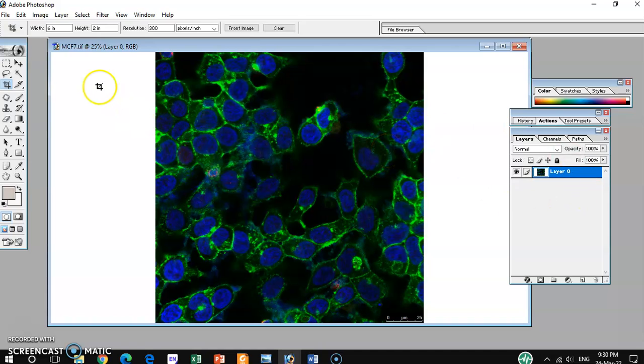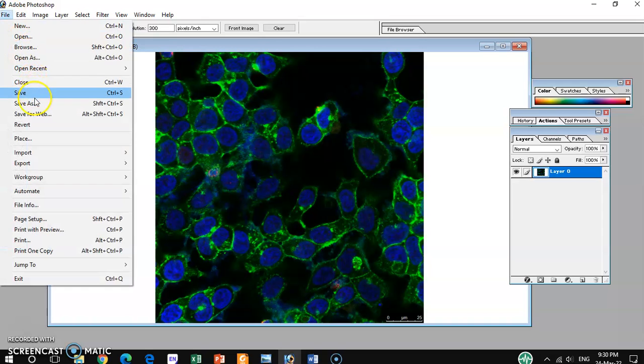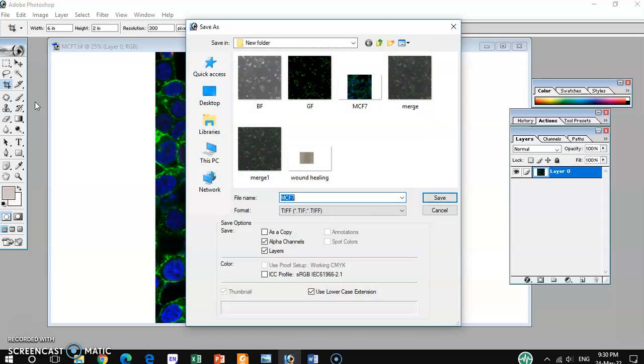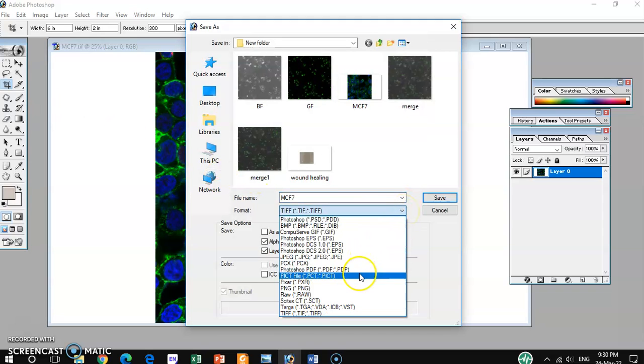Then you can save it according to your requirement. So file, save as, and you see here there are also different output file formats, so you can save accordingly. So JPG or TIFF, so I want to use TIFF